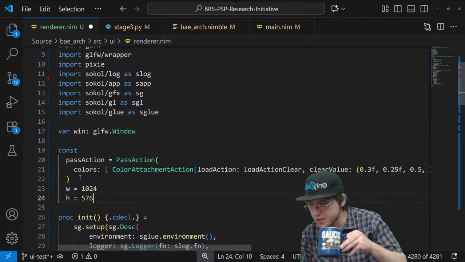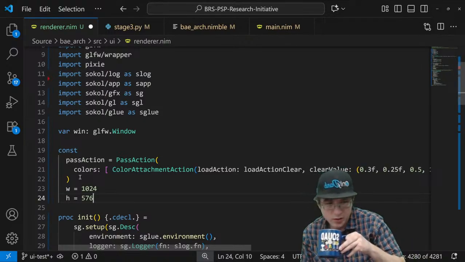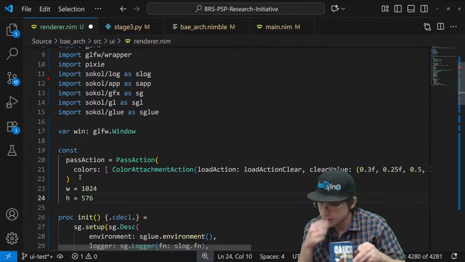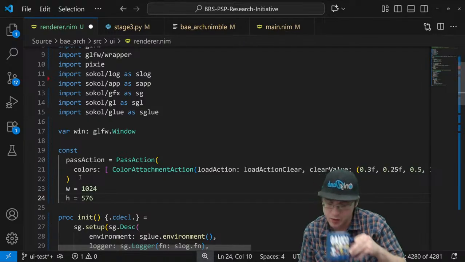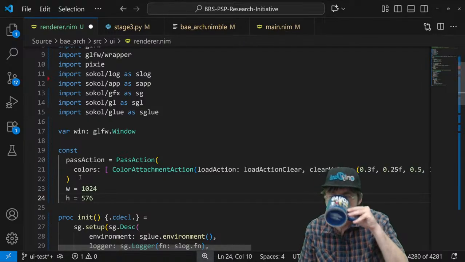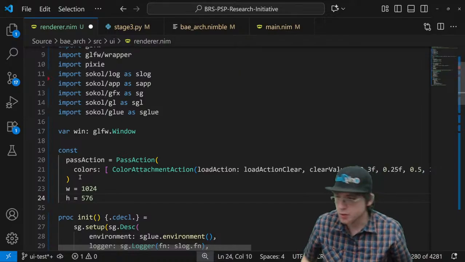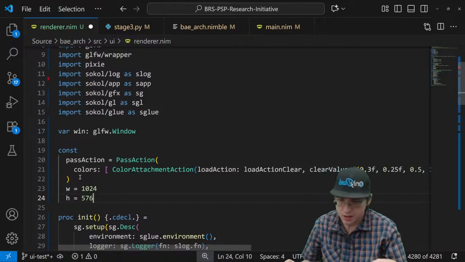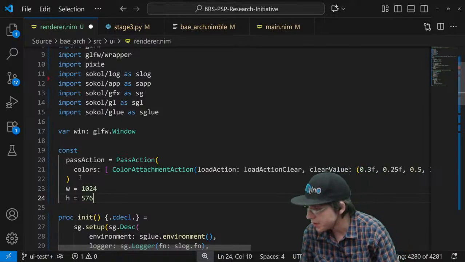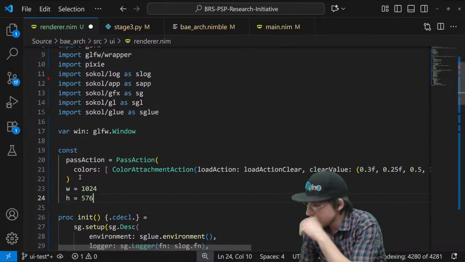We're just going to make a standard window. It's a 16x9 regular window, and most modern monitors support that.